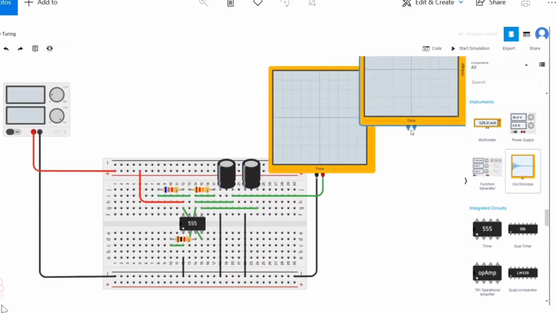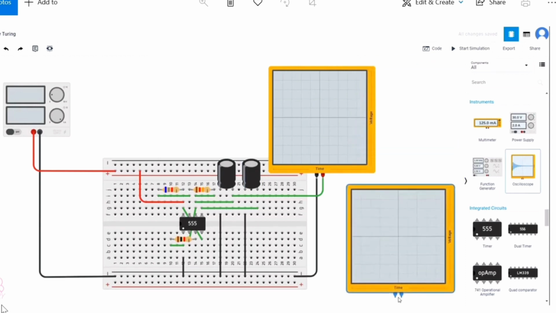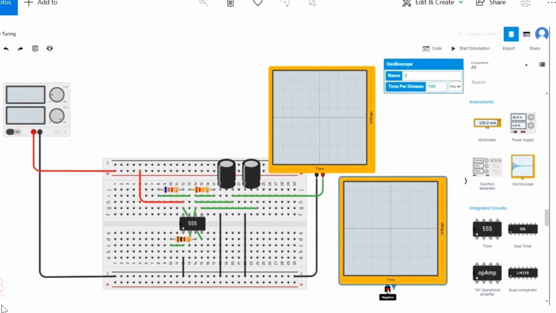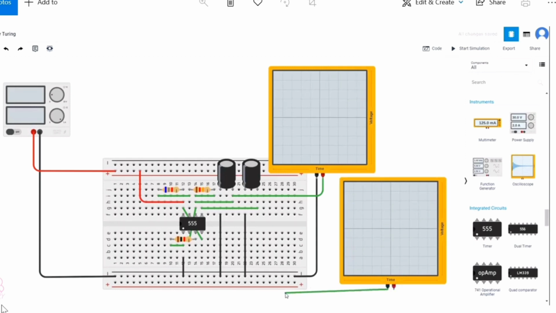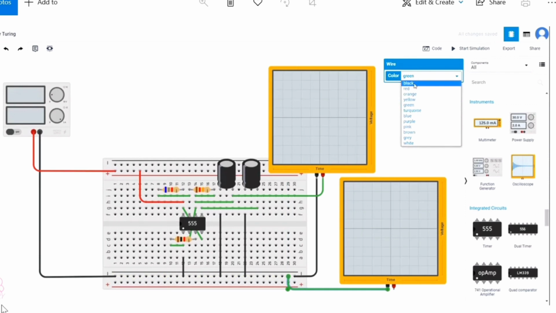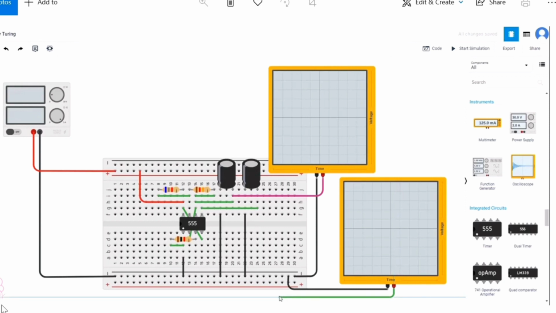Now take the second oscilloscope, channel 2. Channel 2 is connected between third and ground. So first connect to ground or a negative in a breadboard rail. Then positive is connected to, make it as black. Then positive here also in a red color or a pink color. Now positive for second channel is connected to third terminal. Make it as some red color or yellow color, fine, for differentiation.